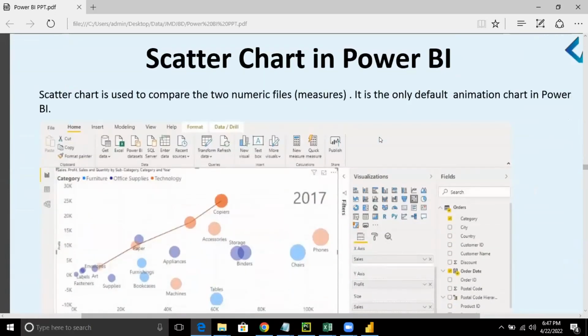Scatter charts. Does anybody know the practical significance of a scatter chart? Anybody knows this? Anyone? Excellent.